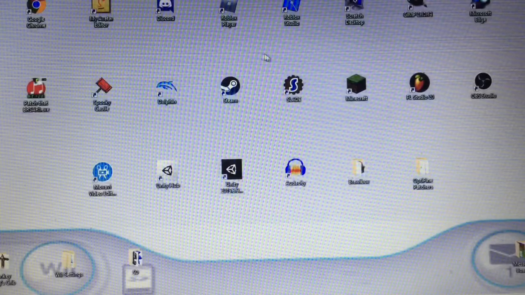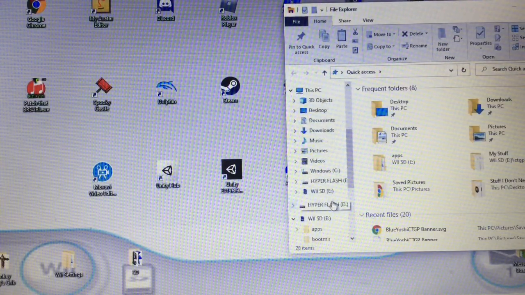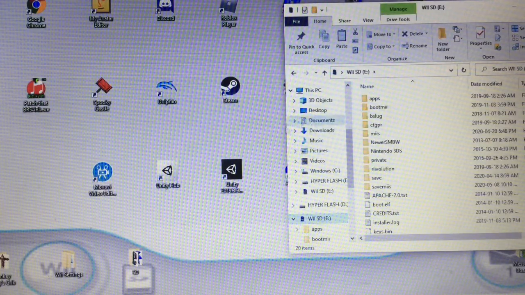The first thing you'll need to do is go to the root of your SD card, which I have actually called Wii SD, and you'll create any folder, it doesn't matter. You can call it Save Mii's, you can call it just Mii's or something like that. It doesn't really matter, as long as it isn't readable by any of the other applications that you've probably